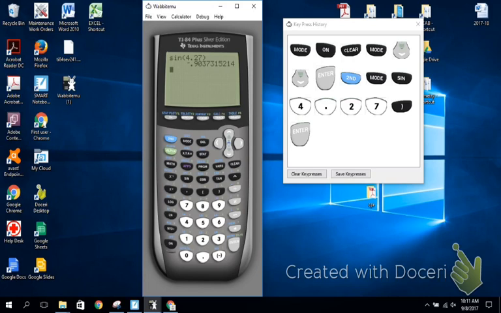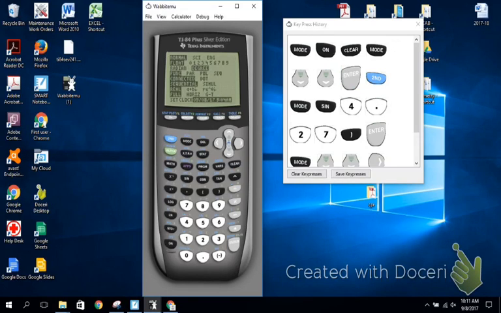All right, let's go back. Now we need to be in degree mode because that's the next problem. So we're going to hit that mode button again. We're going to scroll down to radian, and now we're going to hit right. As soon as you get there, hit the right button, and then hit enter. Now that is selected. Now we're in degree mode. Once again, second quit. And I forgot what we had to do. We have to do cosine